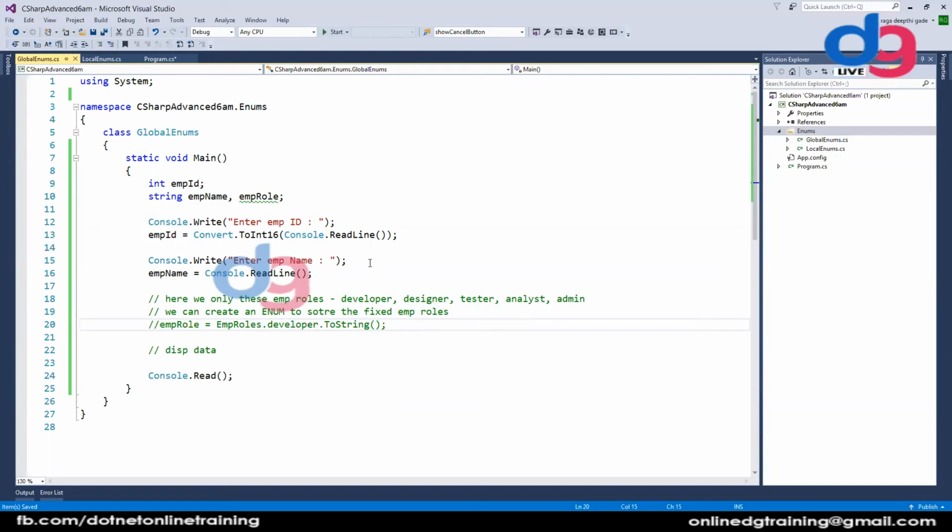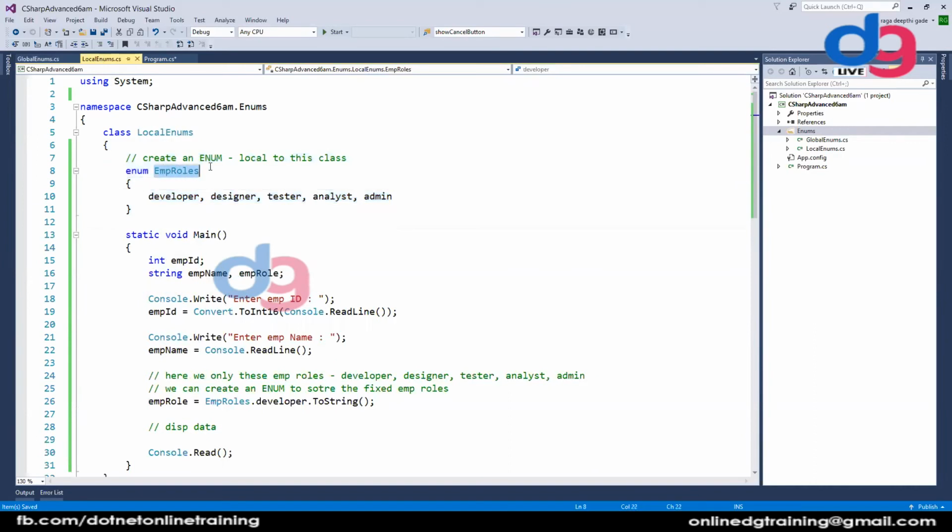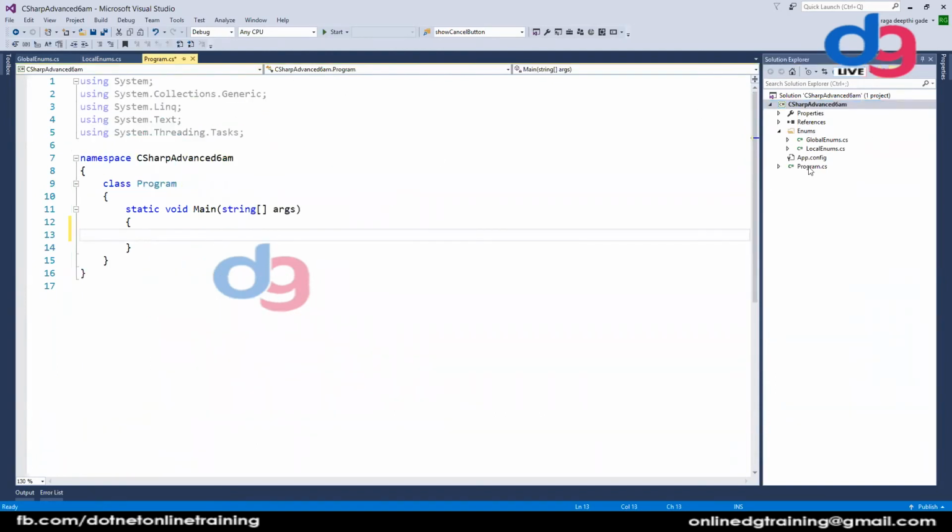So here what we can do is make this EMP roles enum a global enum so that it can be used in the entire application. You understand? Yes. So I'll create a class called global members.